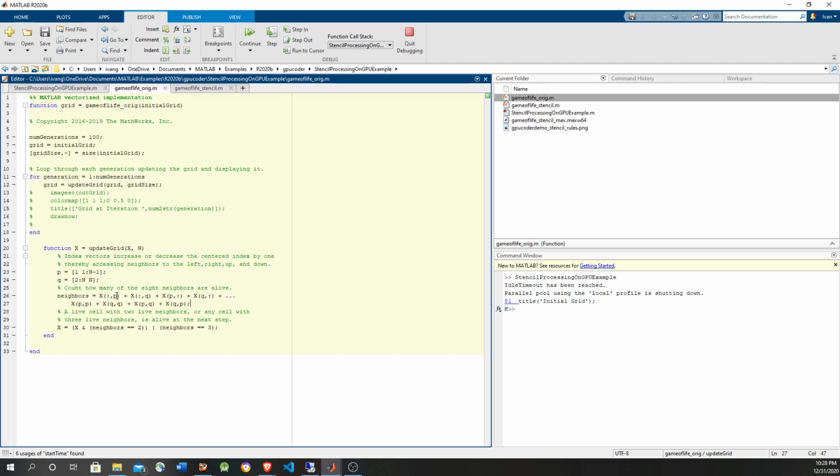To get the neighbors, we have to shift the indexes, so that's why we use P. P is the indexes shifted to the right, so we get the left neighbors if we use it in the column. Because there's no zero element, we repeat the first element, and then we shift to the left to get the right elements. Again, there's no n plus 1, so we repeat n as the final element. So we get the left elements, the right elements, and the upper elements